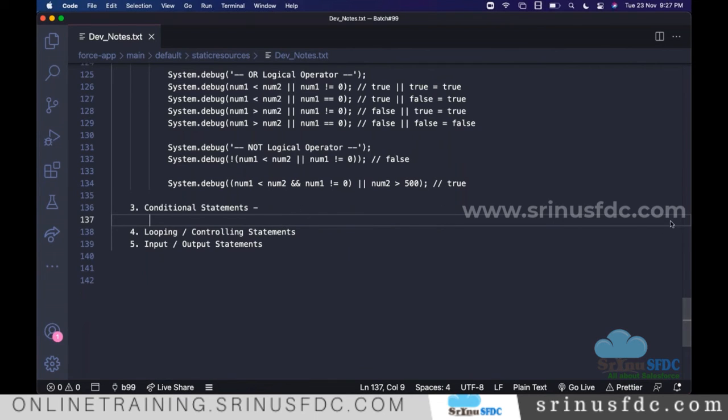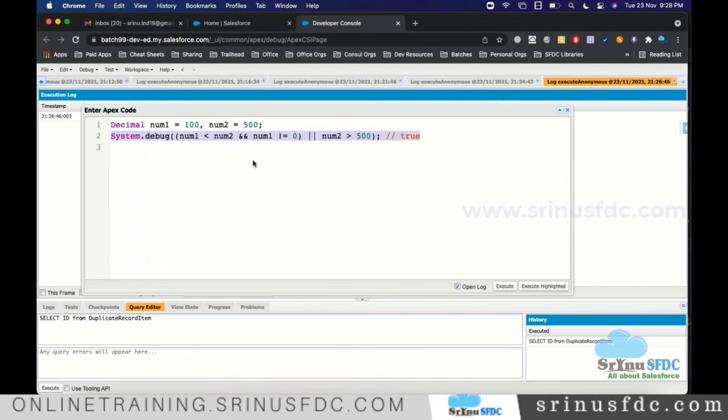Sir, are we supposed to follow any naming conventions while declaring the class name? Naming convention for classes. So we still did not create any class, right? All these are just some statements. Can we execute the statements without declaring a class? Yes.